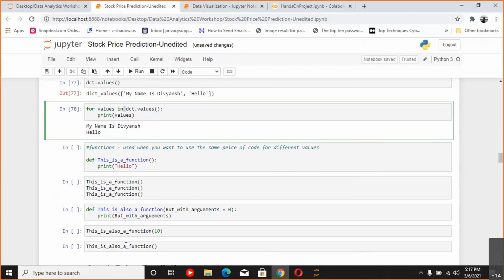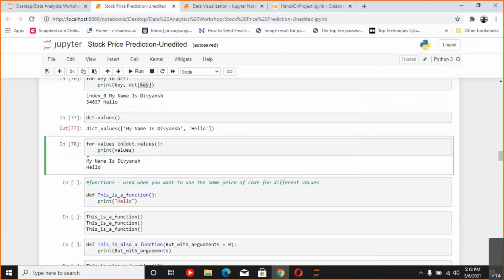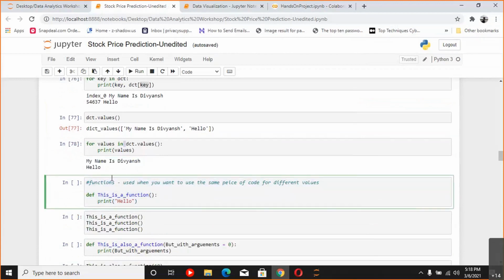But when we talk about loops, they are basically iterating over something, right? They will run a specific number of times when you want to run them, and they will only run in a group. Like if you want to run a loop 5 times, it will run 5 times, and only then will the program move to the next step. Like if we see here, when we run this loop, both of the things were printed together, and only then were we allowed to move on to the next step in this program. So this is where loops and functions are different.